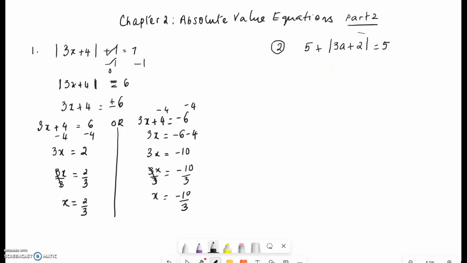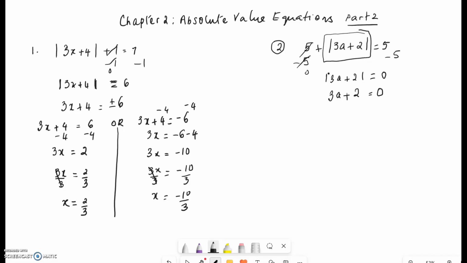If we could somehow get the absolute value term on one side, then we can easily solve the equation. So that's always the goal in each one of the equations. We subtract 5 to get rid of the 5 on the left. We are trying to get the absolute value term on one side. Plus 5 minus 5 gives you a 0. So absolute value of 3a plus 2 is equal to 5 minus 5 on the right, which is also equal